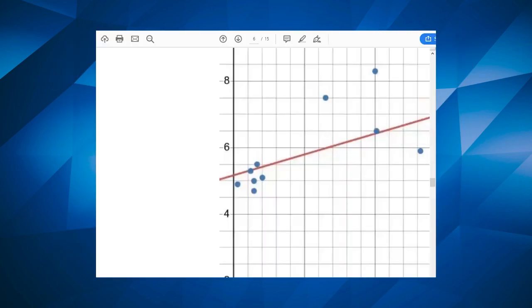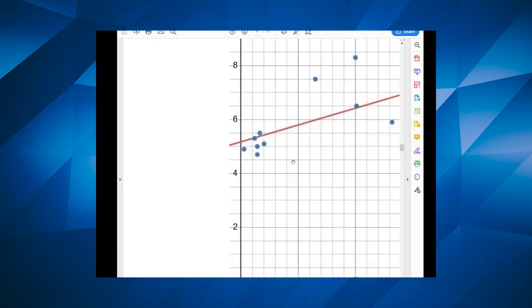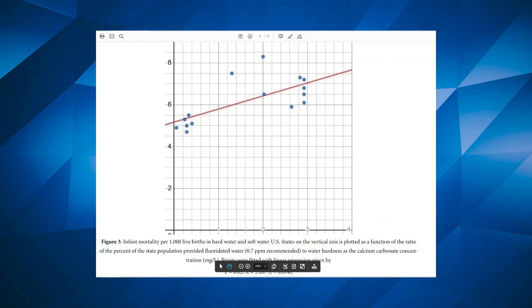This is one of the key graphs in the infant mortality paper. If you look at the ratio of fluoride to calcium, that's an index of hazard, because the more fluoride and the softer the water, logically it would be expected to be more hazardous than low fluoride and high calcium, because it takes calcium to build strong teeth, not fluoride. So this is what happened.